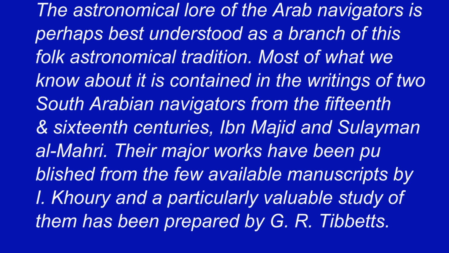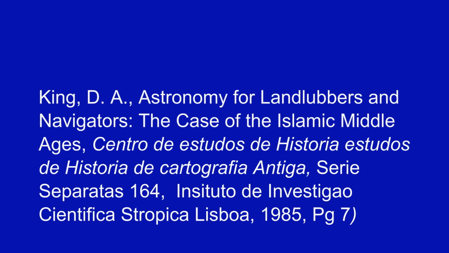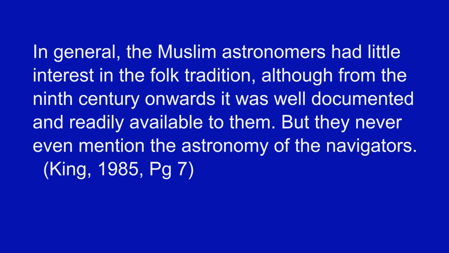Their major works have been published from the few available manuscripts by Khoury, and a particularly valuable study has been prepared by J.R. Tibbetts. And King continues, in general, the Muslim astronomers had little interest in the folk traditions, although from the 9th century onward it was well documented and readily available to them, but they never even mentioned the astronomy